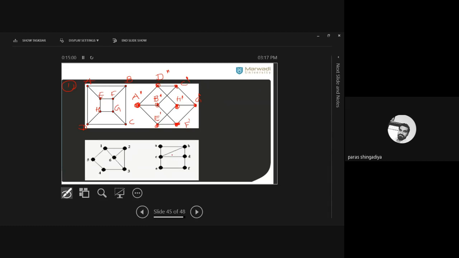Which? D. If I consider D as the image of 1, is it correct? If I put 1 dash here, image of 1, is it correct? It has a degree 3, that is okay. But this vertex should be adjacent with 3 more vertices, where 2 vertices should have degree 3. Okay? 2 vertices should have degree 3 and 1 vertex should have degree 2. So now check the adjacency of this vertex. It is connected with the B. It is connected with this vertex and it is connected with this vertex, and this is a degree 4.